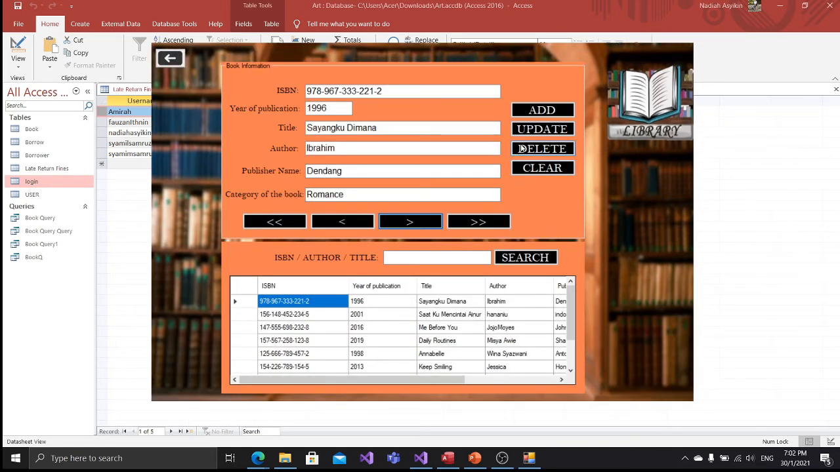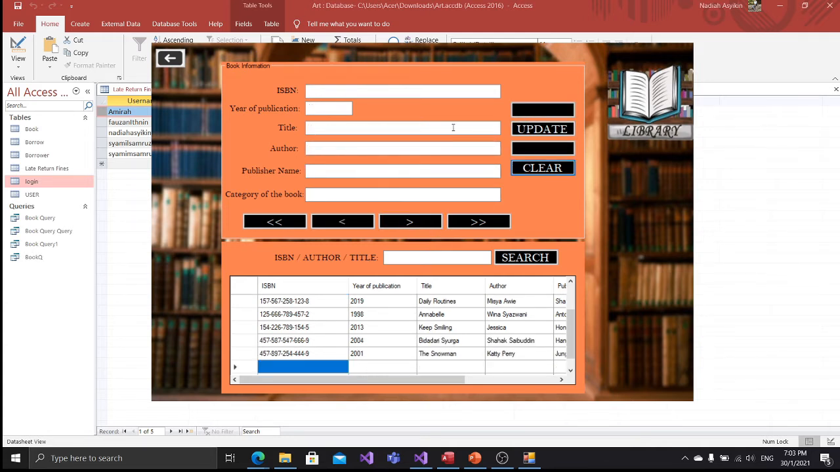Okay, now we go to the book information page. As we can see, they have a list of all books in the library, and then we can click the button next or previous or last record or first record. And then if we want to add a record of a book, we click add, and we can fill the